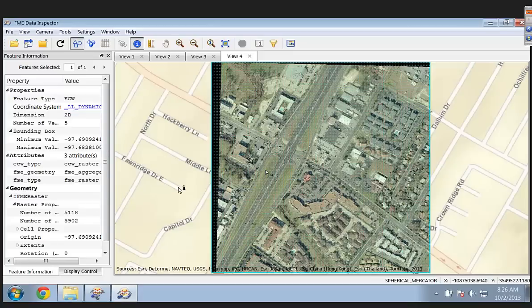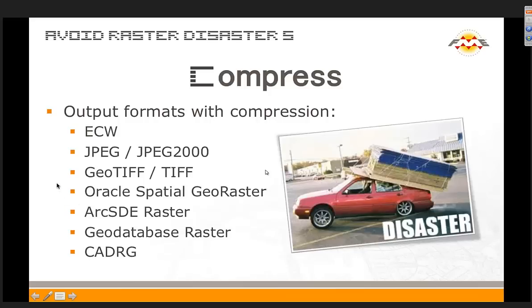Wavelet compressed images like ECW, MrSID and JPEG 2000 can see decent compression ratios of about 100 to 1, with very little loss of image quality, which is why I like it as a format. But it does mean that if somebody sends you a 1 gig ECW file, you've got a lot of imagery.